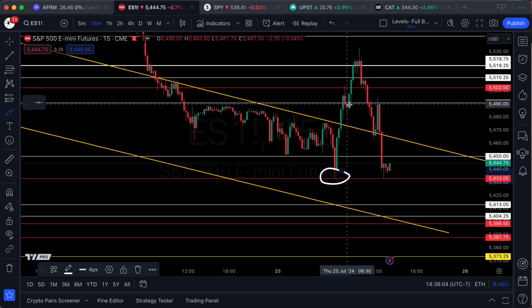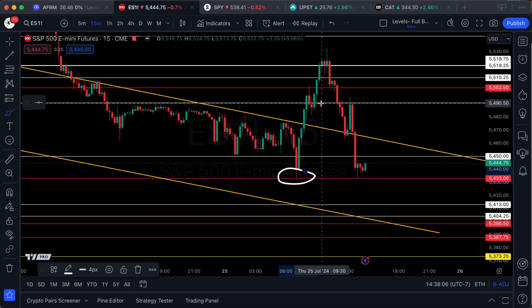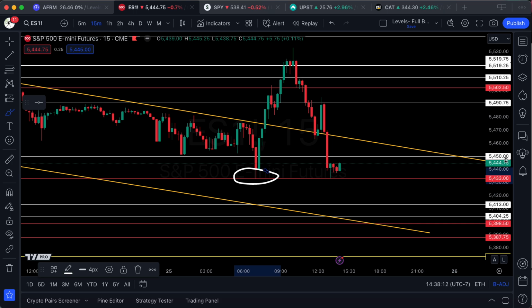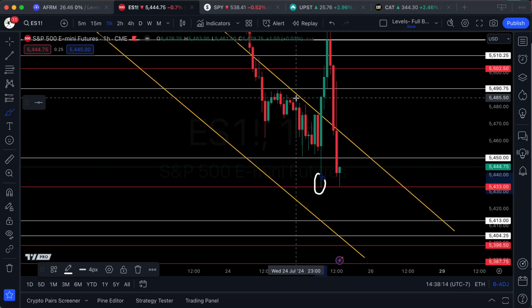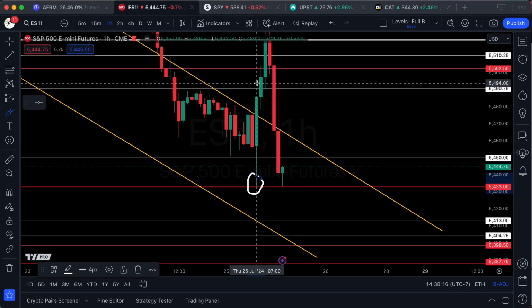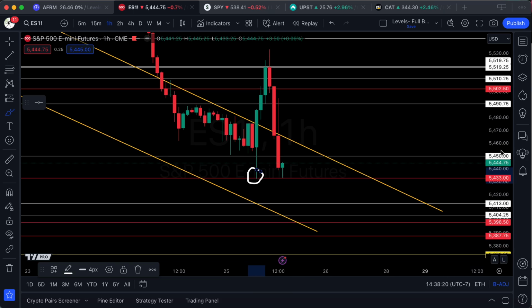Because they've got this level they can retest here, right? This white weekly level. They could come down and retest the whole trend. I don't know what they're going to do, so wait for a minute and see what they're going to do. And you can see on the hourly, right, they come back up and they retest it perfectly.